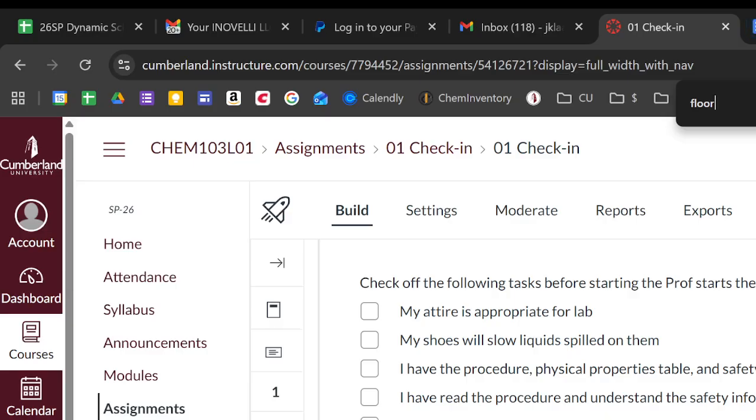Now, the checkout has the same thing. You do that at the end of lab whenever you're done. You're going to do the checkout. That one has things like sweep the floor. You're going to put away all the glassware, make sure they're clean, the balance, clean the hot plate, etc. Put everything away. Okay? Everybody good? Everybody understand that? Okay. So we will do the 0-1 check-in, check-out. You'll do the check-in at the beginning, check-out before you leave.